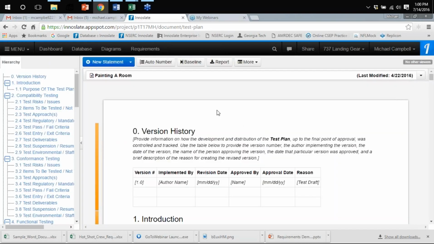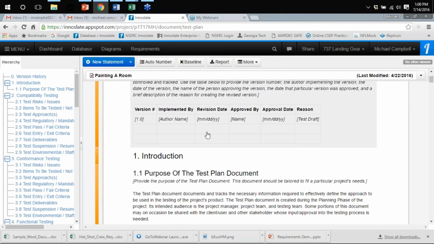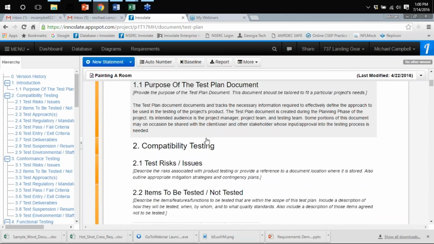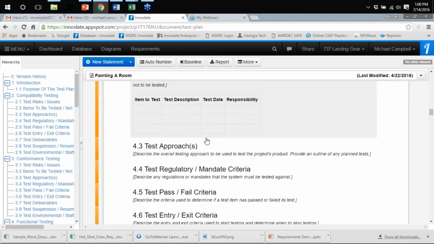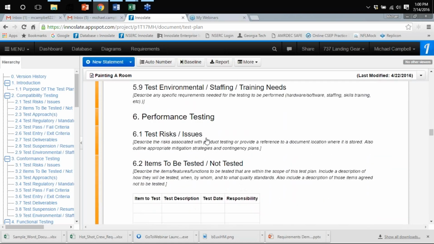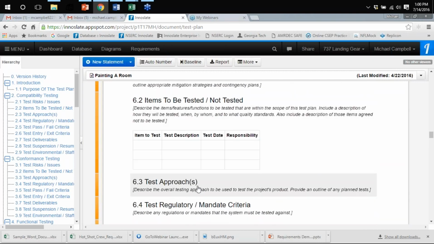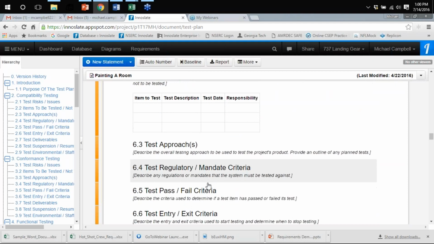I did this for another customer, but it was painting a room. But if we brought this in the test plan, we can certainly go into functional. Performance testing would be the better one. And then for item to be tested, we put in there the landing gear locking mechanisms, and then we just go into the test approach, what we're going to do with the test,